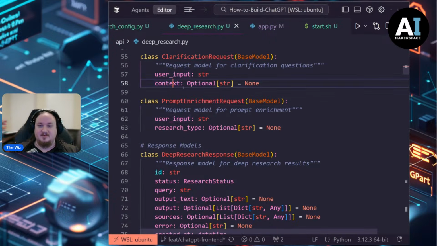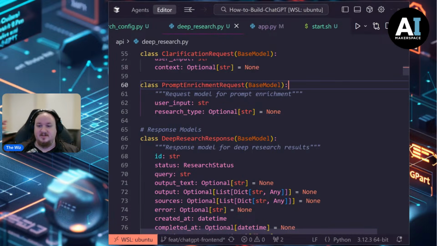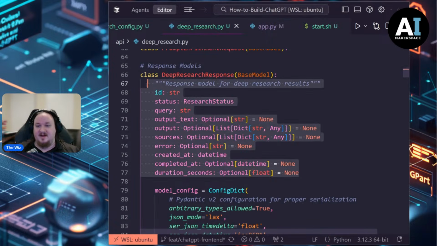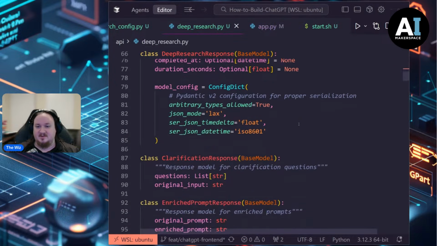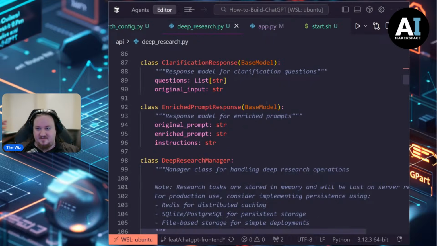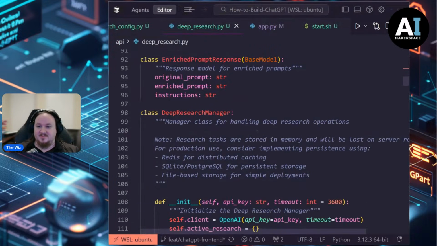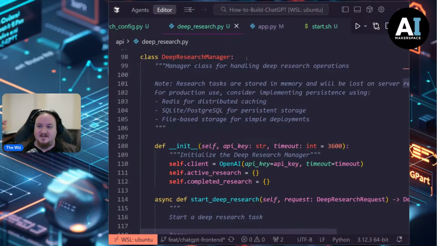And then we have our clarification request model, which is easy enough. We have some input, some context, prompt enrichment request, which is going to be our user input, and then the research type. For longer research, we're going to change some things, and then we have finally our deep research response. This is the actual response we're going to get, and it allows us to parse it out in a way that looks pretty. And then we have our clarification response, self-descriptive, enriched prompt response, self-descriptive, and now we have our deep research